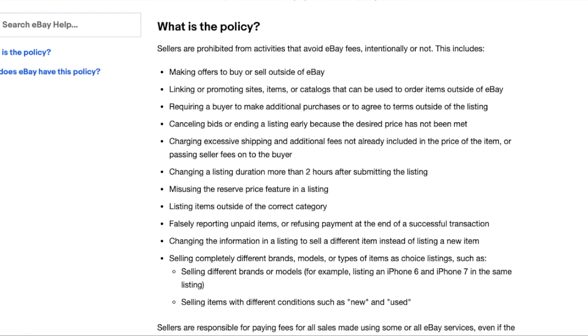What is the policy? Sellers are prohibited from activities that avoid eBay fees, intentionally or not. This includes making offers to buy or sell outside of eBay, linking or promoting sites, items, or catalogs that can be used to order items outside of eBay, requiring a buyer to make additional purchases or agree to terms outside of the listing, canceling bids or ending a listing early because the desired price has not been met, charging excessive shipping and additional fees not already included in the price of the item, or passing seller fees on to the buyer, changing a listing duration more than 2 hours after submitting the listing,